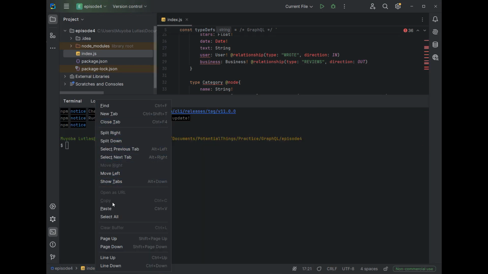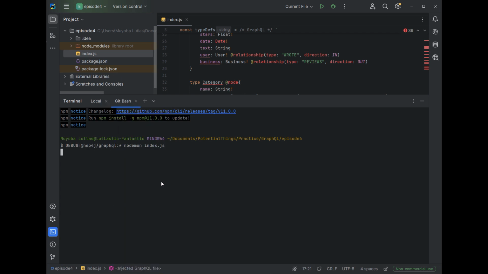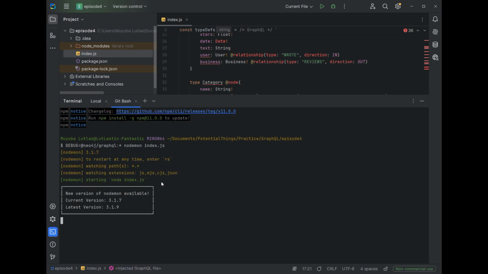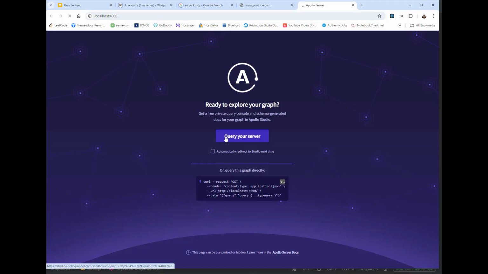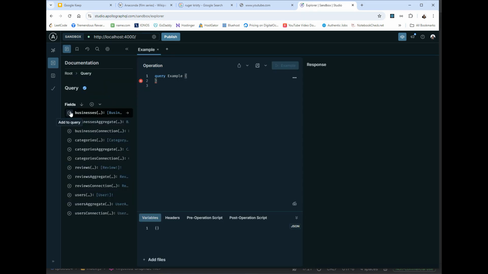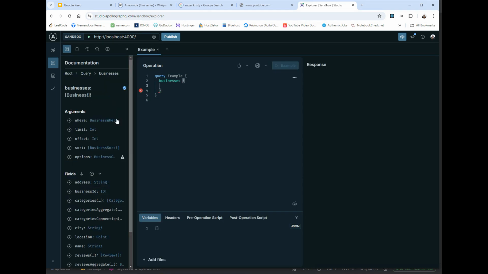Let's run our program turning on debug logging for the Neo4j GraphQL library so we can see the generated Cypher queries being sent to the database. Take note, debug logging might not work with certain command lines, so we recommend using Git Bash. We can quickly execute a query to return business names to confirm that everything is working as expected.